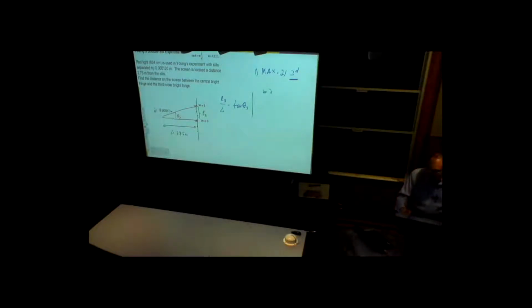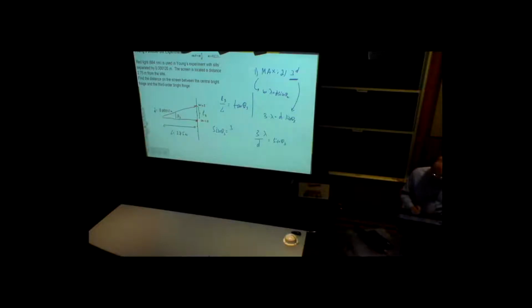How does it look like? Well, in general, this condition looks like this. That's because it's a maximum, and specifically because it's the third maximum, we can write it like this. Now, what else do we know? Well, we know the wavelength and we know the distance between the slits. So this will be equal to